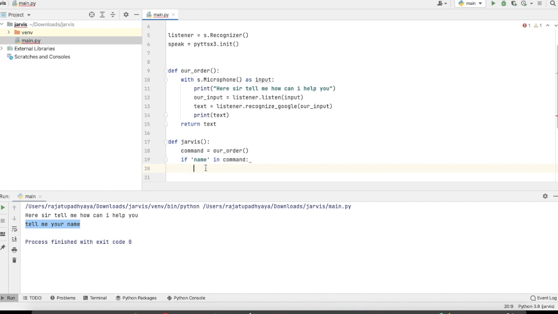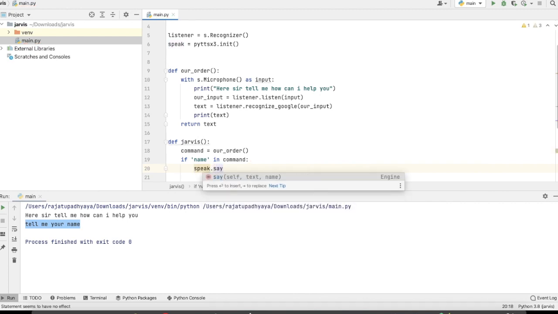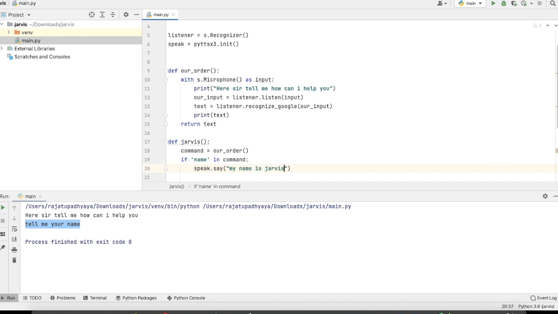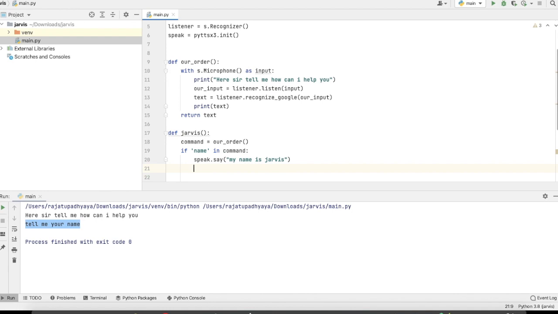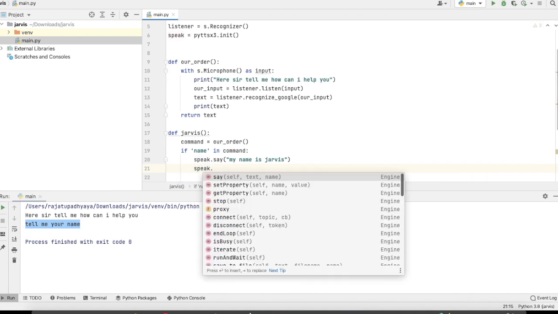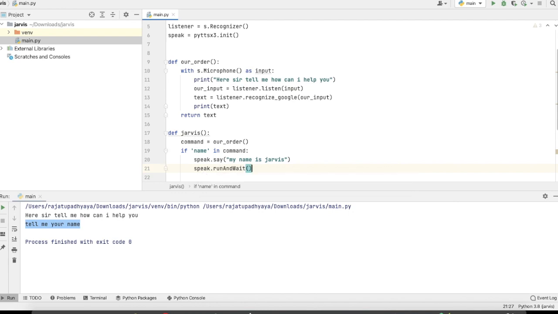So we are going to use the speak variable here: speak dot say, and we will say "my name is Jarvis", and here we will also call speak dot run and wait.